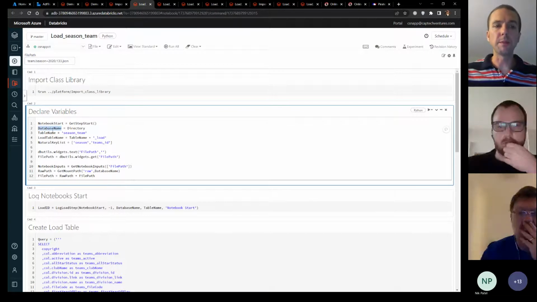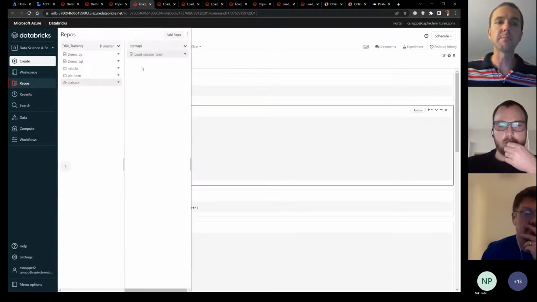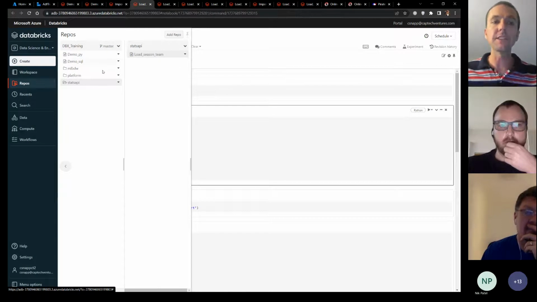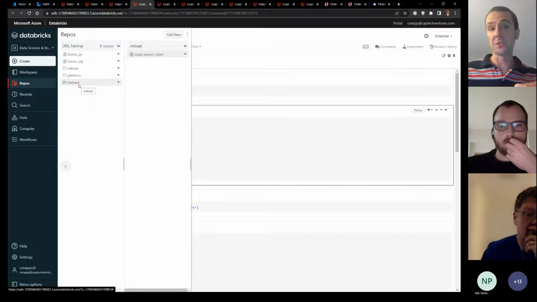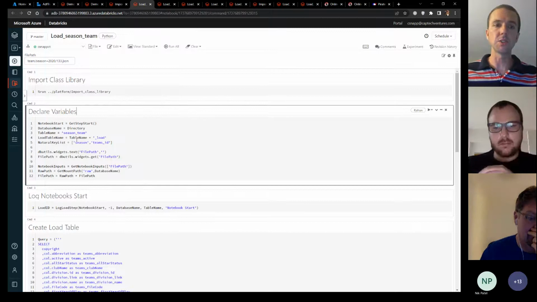I'm going to say my database name is the same as my directory where this thing is stored. So my database name is determined by where this file lives. It lives in the Stats API folder. So it's going to create a database called Stats API, and it's going to load a table called season team. That's, again, just a little more dynamic. I can store my files where they need to be, and that will govern what databases it's using.